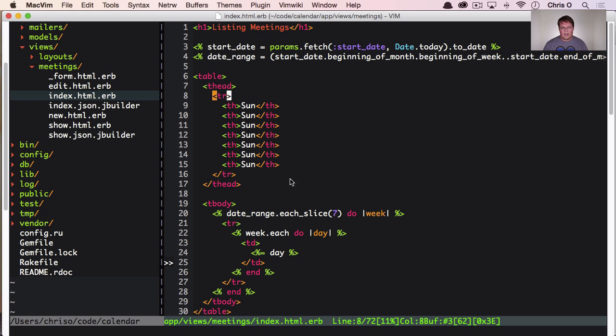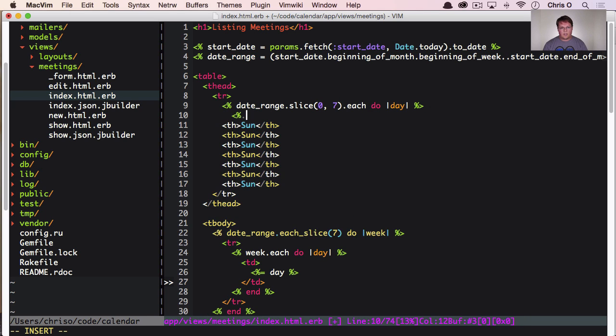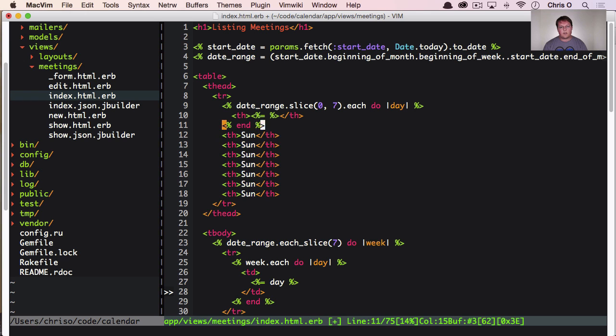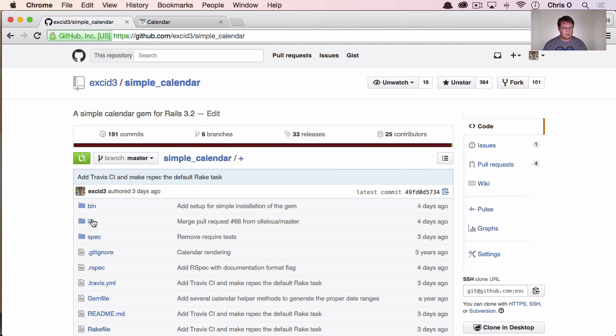We need to do that by saying, let's take this first slice. Let's just grab the first slice of the range. And instead of doing each slice, we're going to say slice, and we're going to start at item 0, and go up to the 7th one. And then for each of these, we can take the day. This is a piece of code that I'm going to steal from the existing one, but we're going to make this localized so that if your user is in a different language, it will automatically default to using the correct